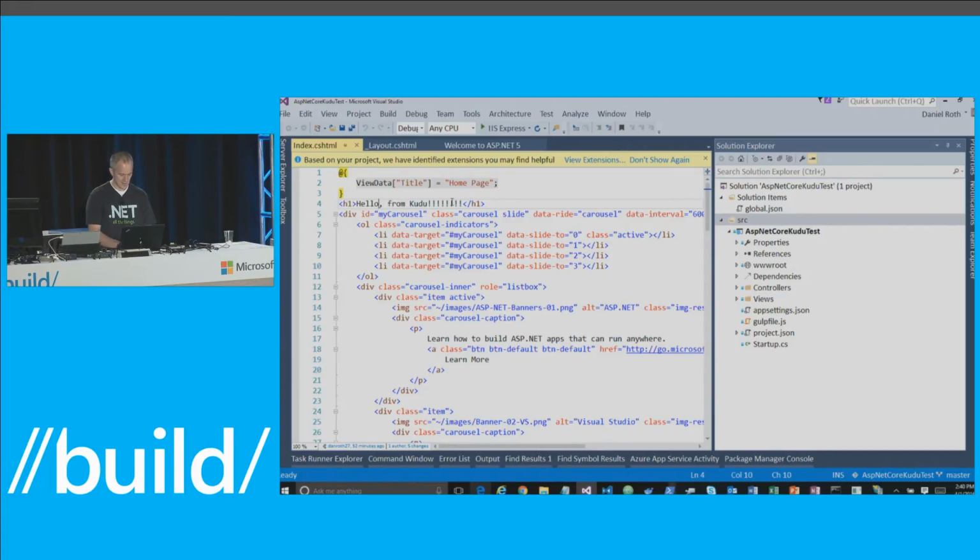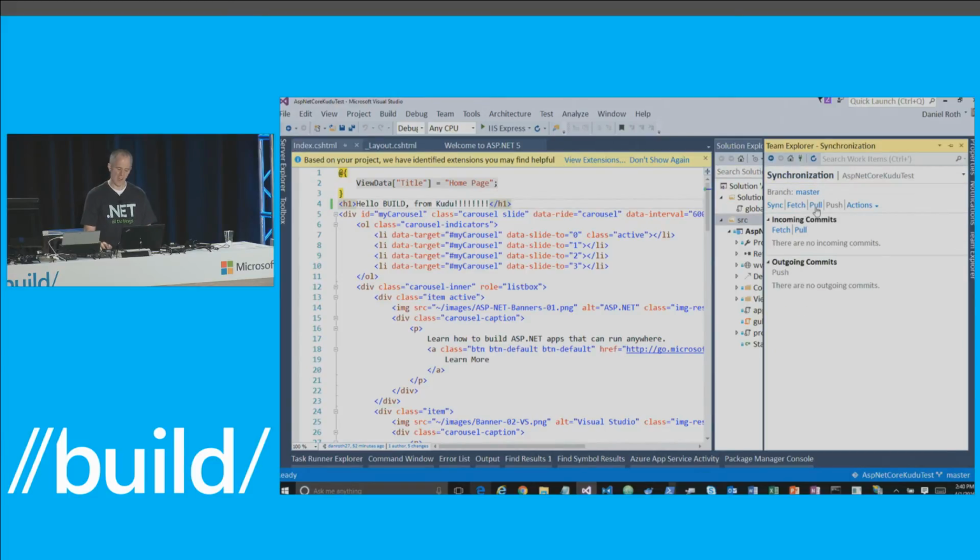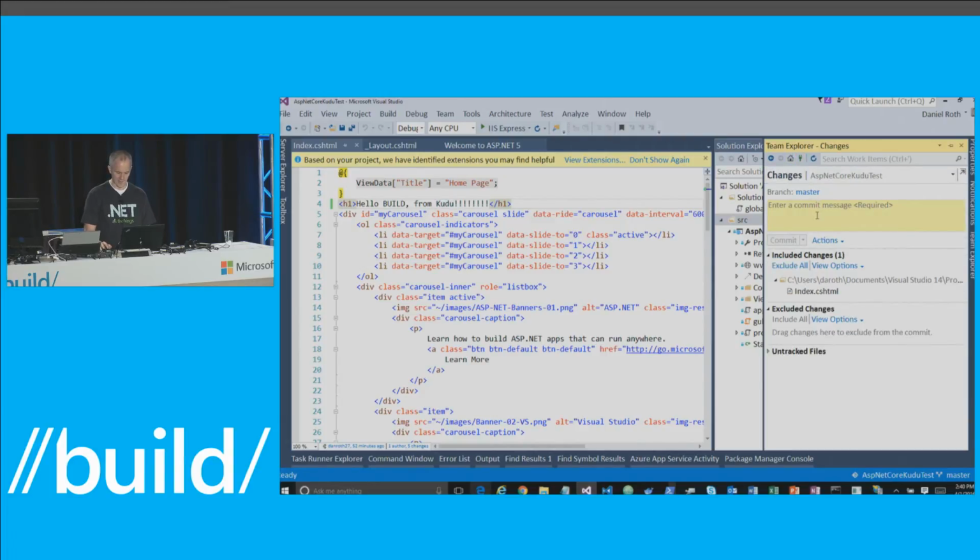Hello from build, let's say that, from Kudu. And I'm going to save it. And so what I do here is I need to now commit to my local Git repository. I'll use Visual Studio to help me do that. You could do this all from the command line as well. But for people who like to click,